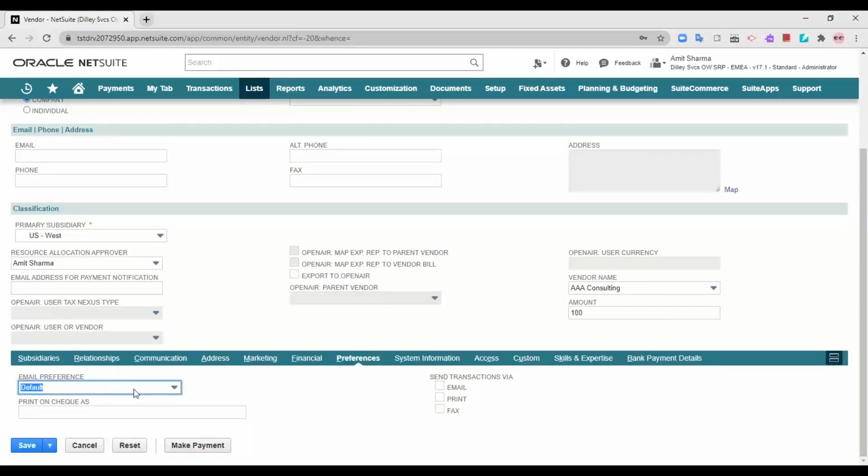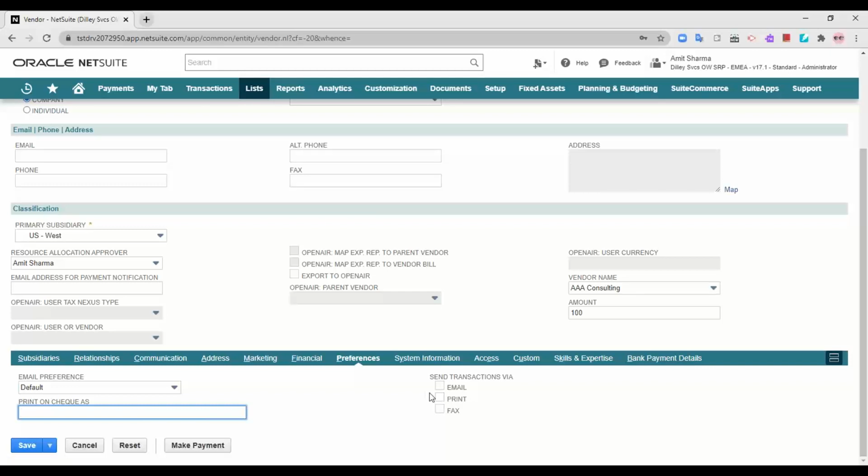Then the preferences, email preferences. If you would like to send certain attachments, how do you want to send it, in PDF format or just HTML? When you are going to print a check, what do you want to be printed on the check?